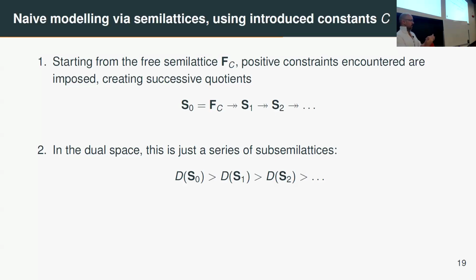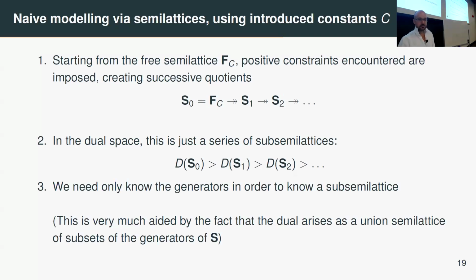And with an algebraic object, you only need to know generators of a concrete object in order to generate everything. And there's relatively few generators typically in this, and we can actually manage how many there are. So we only need to know the generators of these dual objects in order to know a sub-semilattice. So in particular, if I want to pass from this first one to the second one, I had some generators for the first one. I now need to find a slightly smaller set of generators.